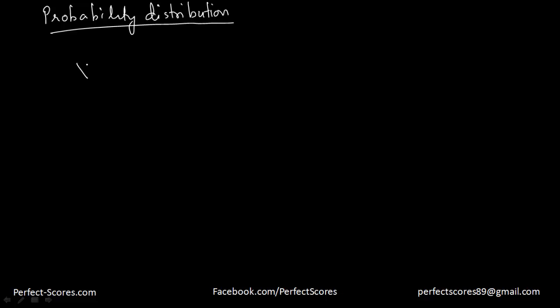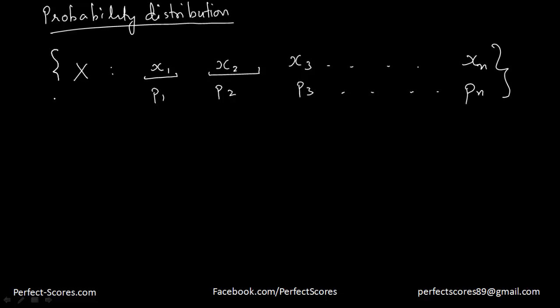So let's suppose the random variable x is there, and let's suppose it can take value x1, it can take value x2, it can take value x3, all the way till xn. So these are the values that this random variable can take, and these are associated with their probabilities. That x can take a value of x1 with p1 probability, x can take a value x2 with p2 probability, p3 probability, and so on. So this is nothing but what is known as the probability distribution for this random variable x.